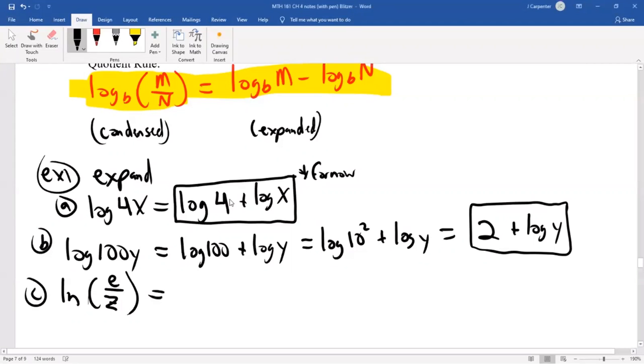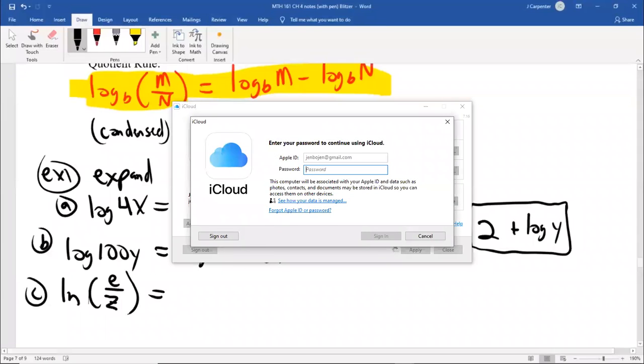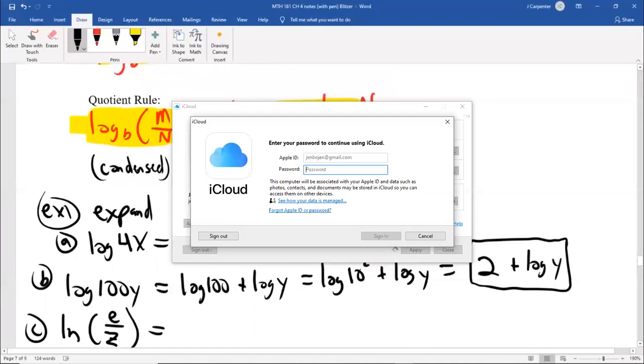All right, so back to C, the natural log of e over z. Because that's a division, that's the quotient rule. We're going to separate that as a subtraction. Now I want you to pay attention to the m and the n's placement in all of this because it's